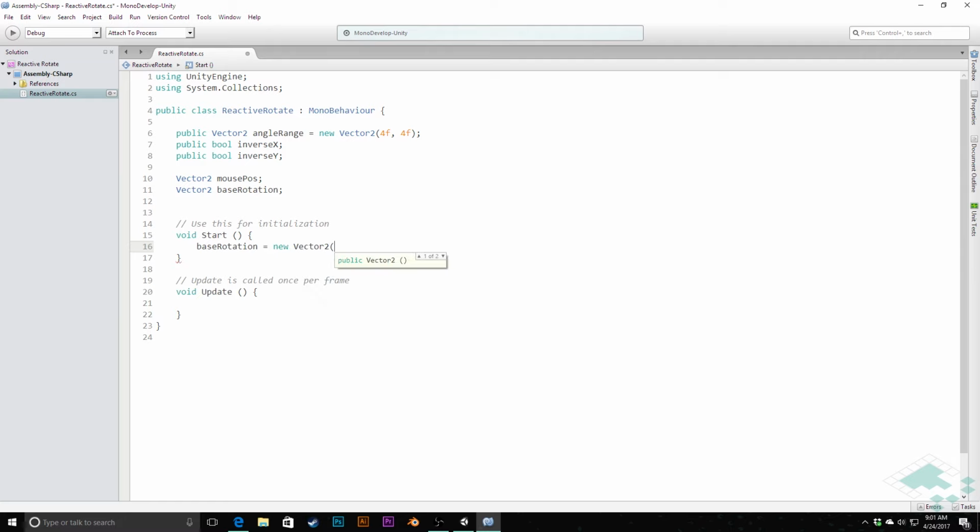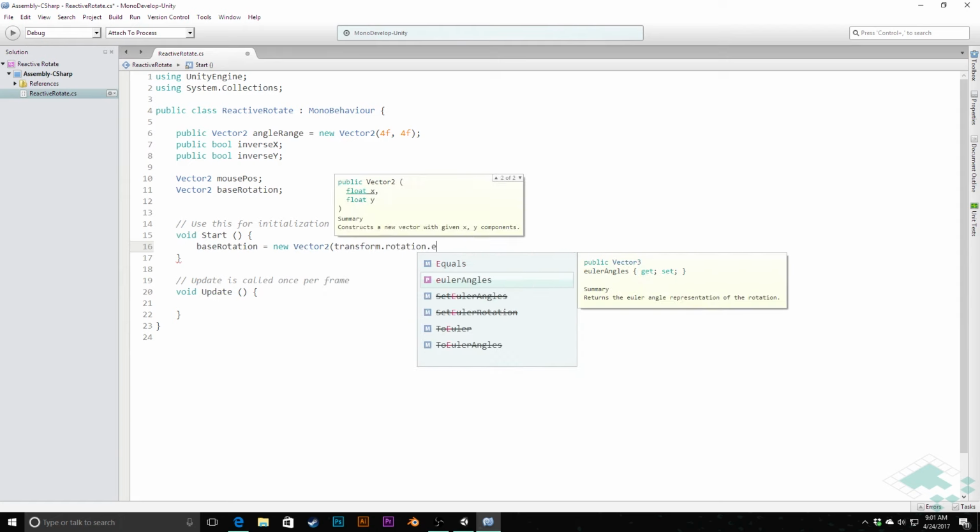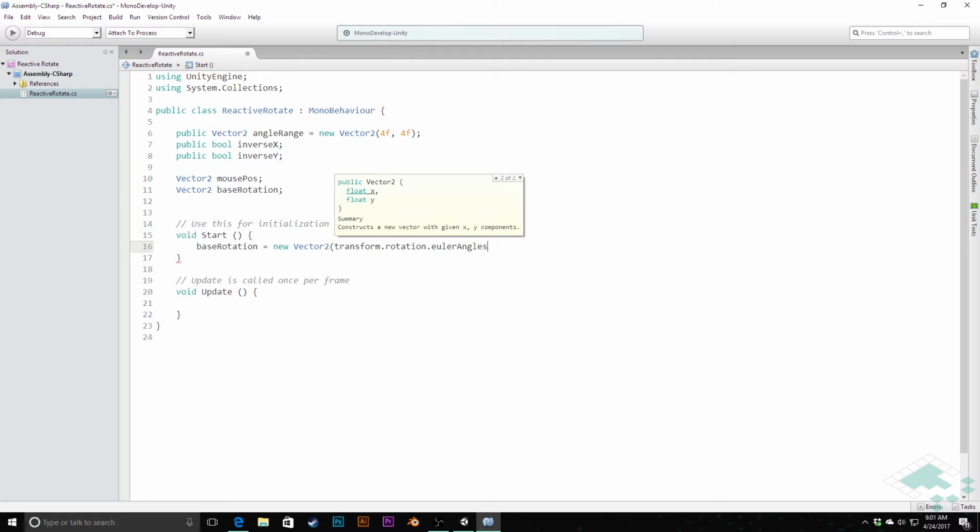And we're going to need to get our transform rotation dot Euler angles, because rotations come in quaternions and we need to switch this over so we can get into an XYZ format. .x, and then I'm actually going to subtract the angle range .x times half. The reason for that is that I don't want this to be at its base rotation when I'm down in that bottom left, this kind of 0, 0 corner. I want it to be at our base rotation right where we're in the middle,